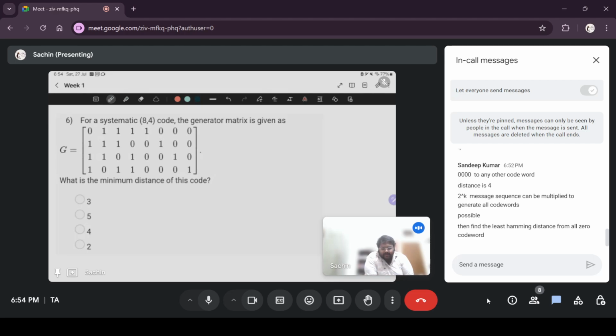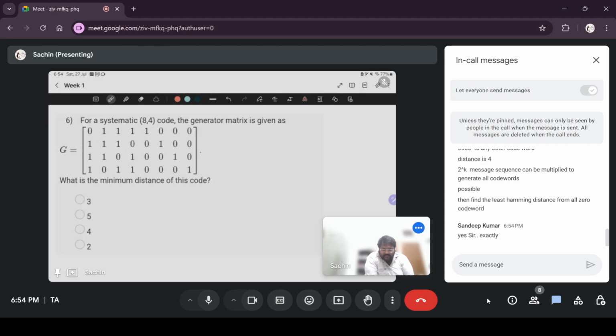For this problem, it's okay. But if there are 8 rows, then what will you do? You'll need 2 power 8. So for small problems that will be fine. For larger problems,